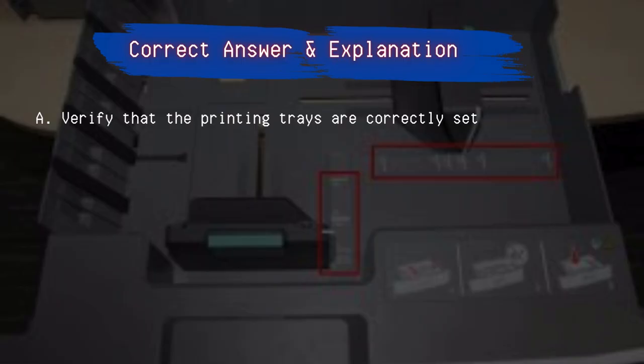The print job might be getting cropped or misaligned because the printer is not recognizing or handling the paper size correctly. The technician should verify the paper size setting in the printer tray and ensure they are correctly configured for the 8.5 by 14 inch paper. This includes making sure that the printer is properly detecting the paper size in the tray and that the printer settings match the paper size loaded in the tray.